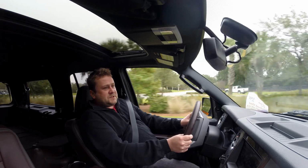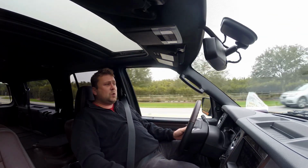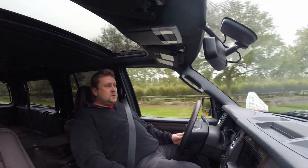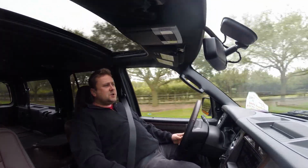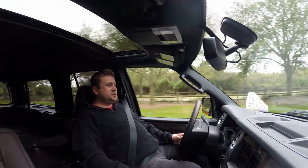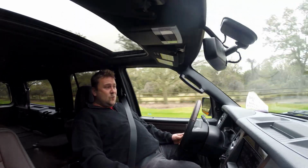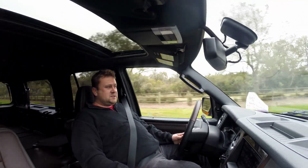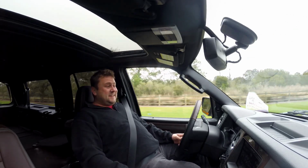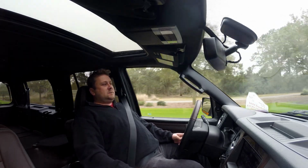engine maps that instantly deliver, I'd say, a 20% increase in torque and a 10% increase in horsepower. That might not sound like a huge change, but for a vehicle making 400 foot-pounds of torque like this Expedition, that's an extra 80 horsepower without making any mechanical changes whatsoever. So that's pretty good. And you can get this up to, let's say, 400 horsepower. And that would dramatically improve